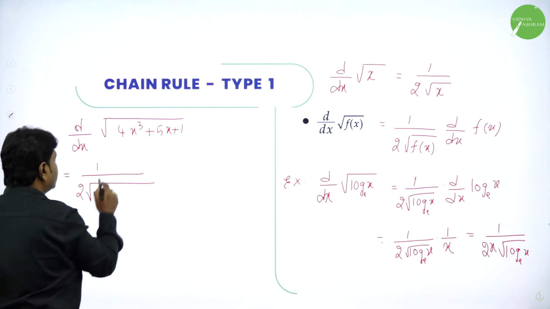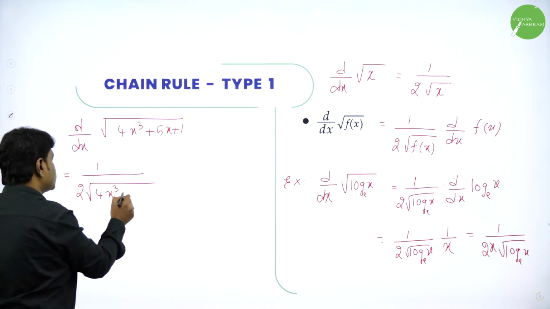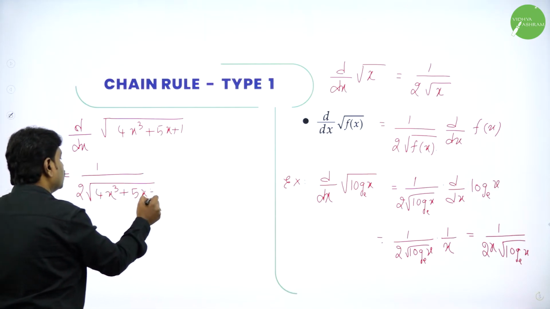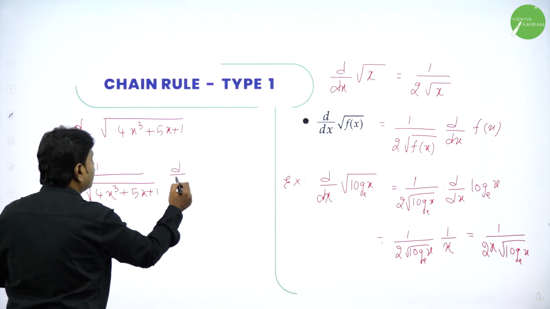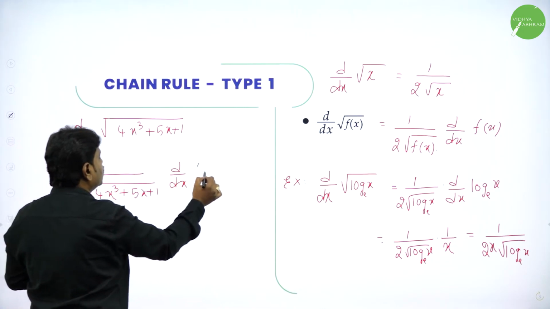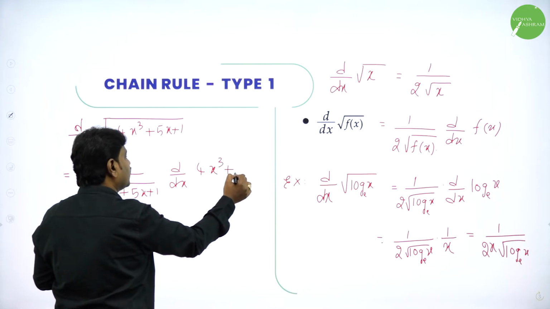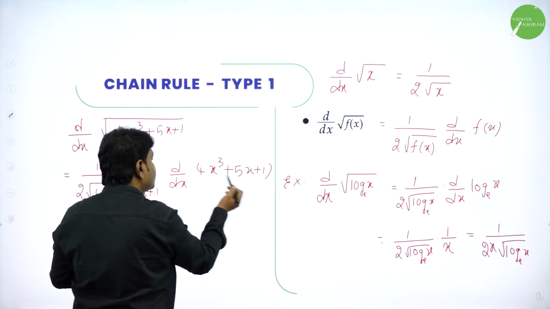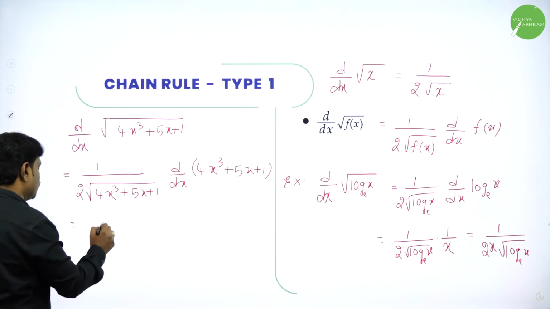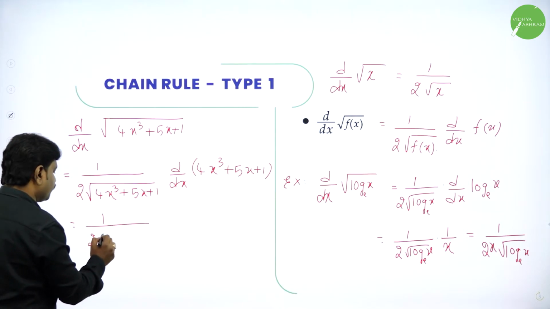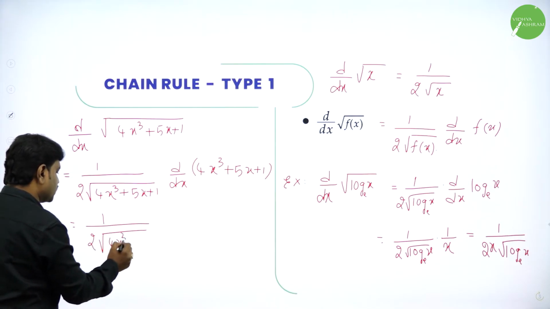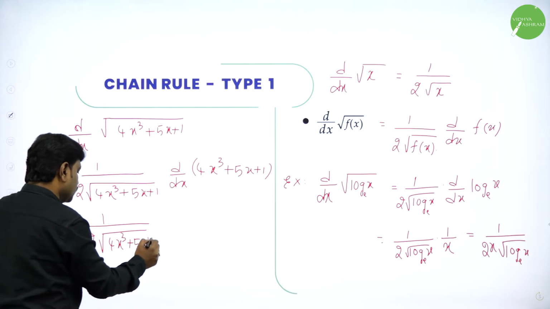What is the function inside the root? 4x cube plus 5x plus 1 into d by dx of the internal function. What is the internal function? 4x cube plus 5x plus 1. Now differentiate each term. So that is 1 by 2 root 4x cube plus 5x plus 1 into d by